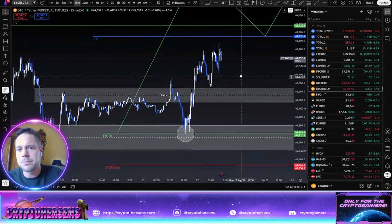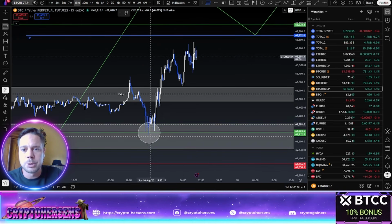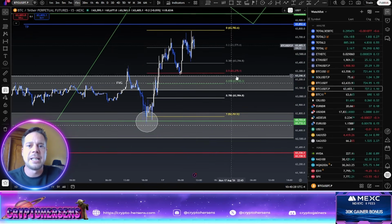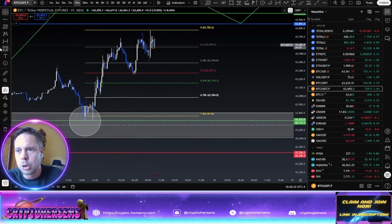So the thing is, if we want to catch the next entry, if you're not in a trade yet, then it's just waiting for a Fibonacci retracement. You can see how nicely this 50 line got hit. You can also see that we have an order block here